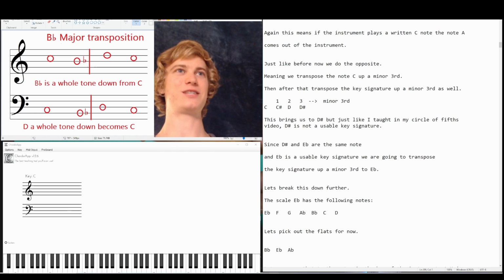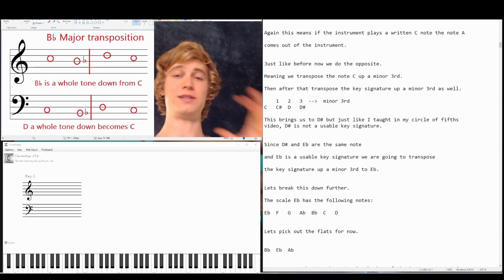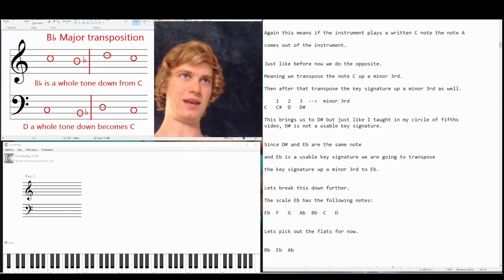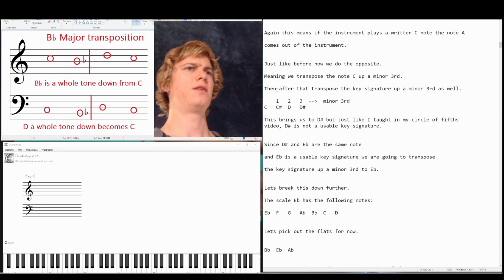Okay, so again, this means if the instrument plays a written C note, the note A comes out of the instrument. Just like before, now we do the opposite, meaning we transpose the note C up a minor third. Then after we do that, we transpose the key signature up a minor third as well. Okay, so let's just look at the note C. If we took the note C and we went up a minor third, we'd end up on the note D